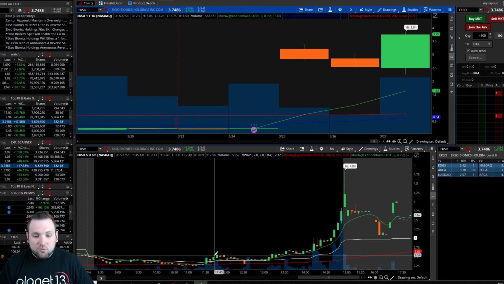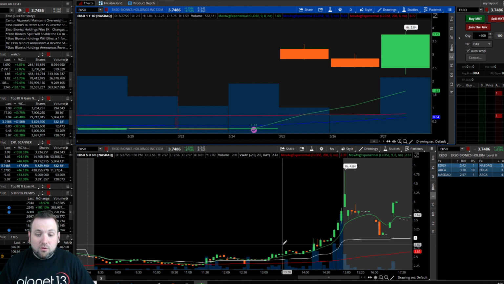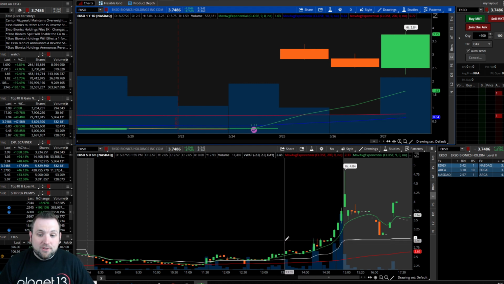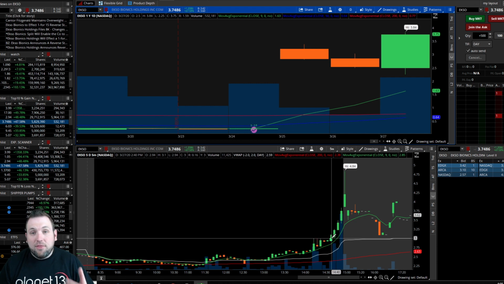The stock kind of just went sideways and started coming up, but right here towards the end of the day, 3 different candles hit that $3 mark. So as a momentum breakout trader, you're looking for this to break over $3 to buy. So right here on this candle, when it breaks $3, that's when you enter the stock, and then it goes